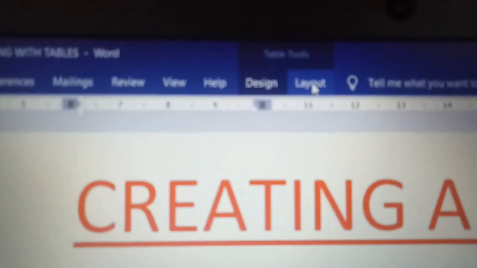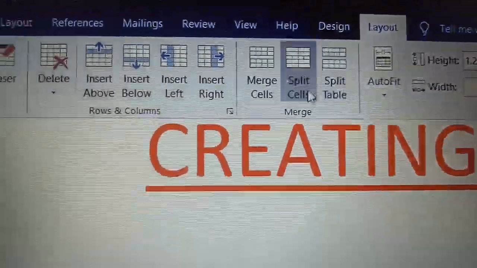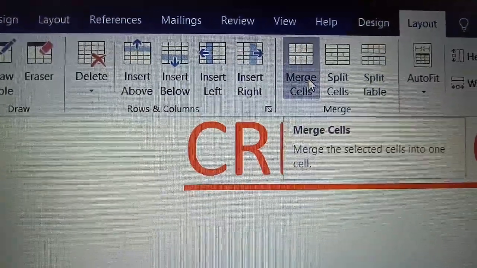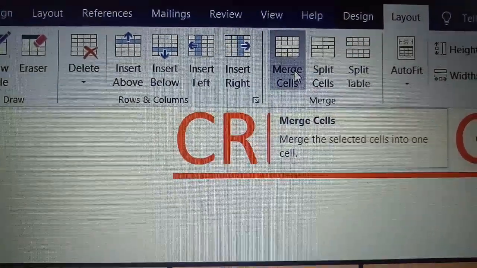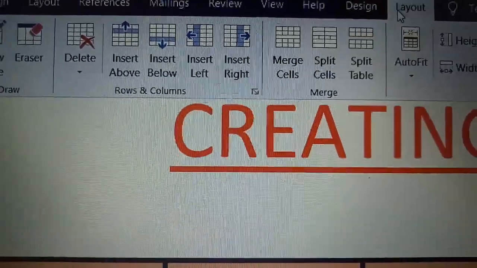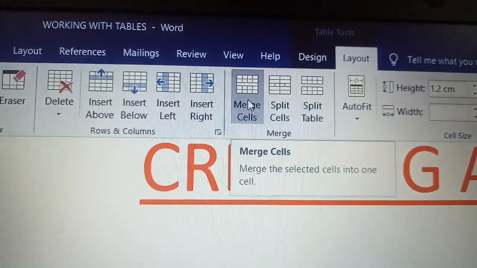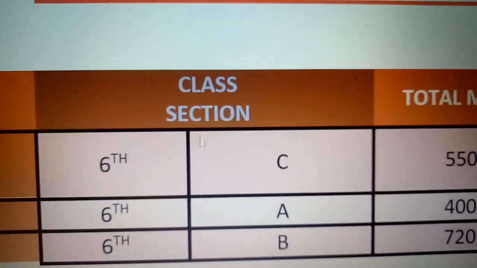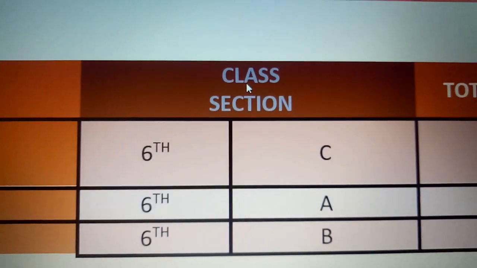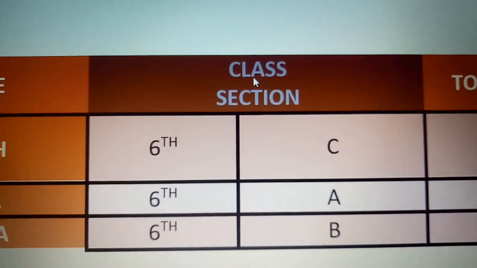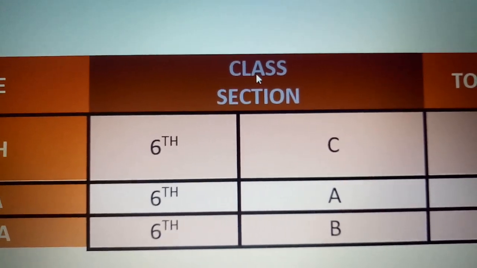From there, layout and then the merge cells option. Are you getting that? Table tools, layout and merge cells. Just click on it. You see, class and section, two cells becoming one cell. Okay, now I am cancelling that.